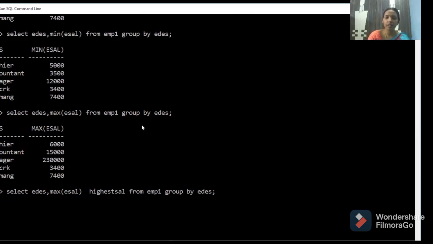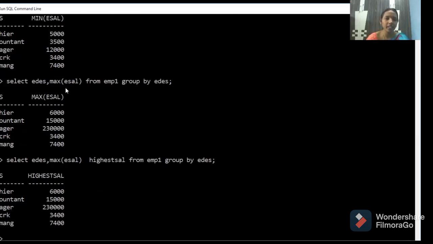So if you execute, whatever highest sal column name you are giving, that column you are getting here. If you are not writing any name for this, you get max employee salary. That means if you want to rename a column, after writing the column name you have to write another new name, so that this column name is temporarily modified only as soon as you execute a query. Clear? So you completed average, maximum, minimum.